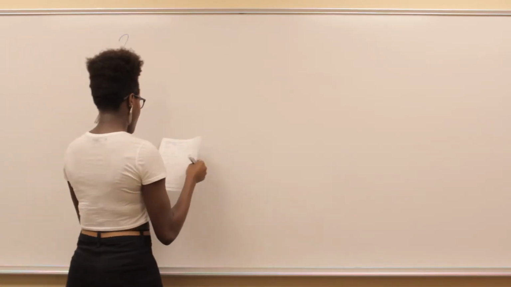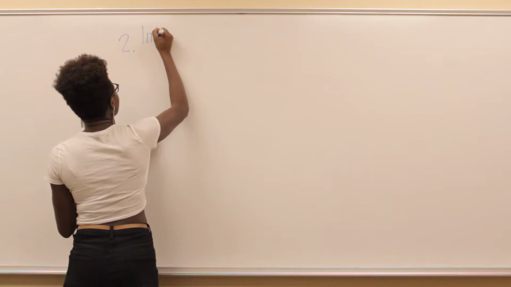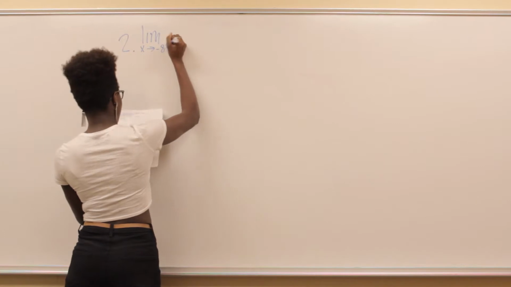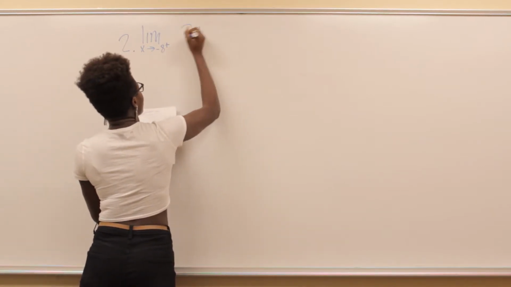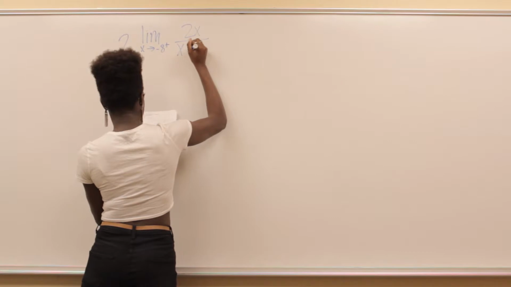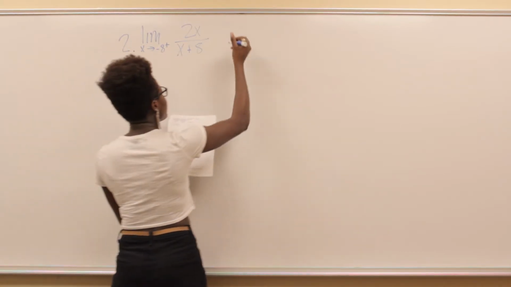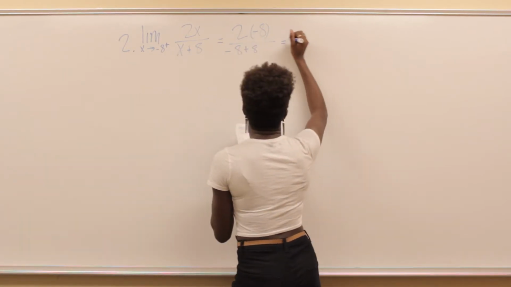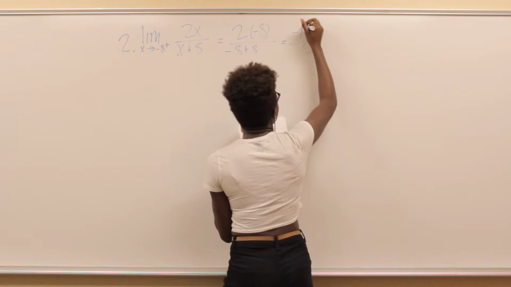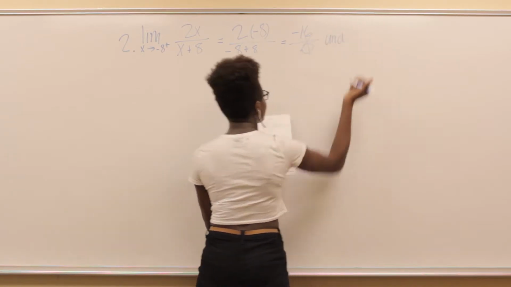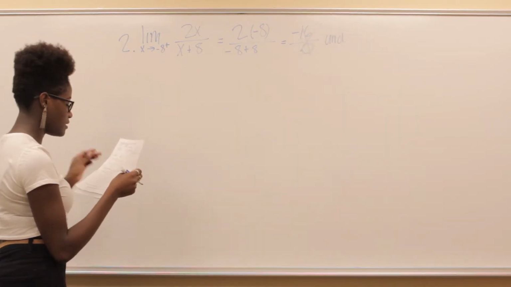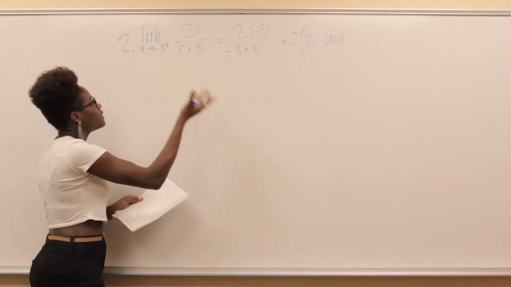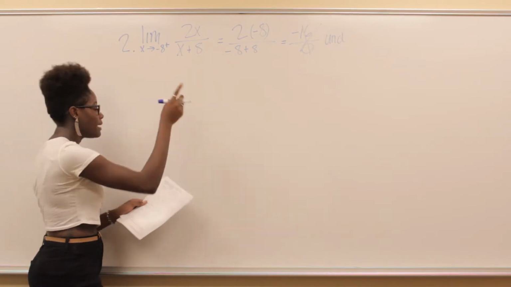Okay, number 2. The limit as x approaches -8 from the right for the function 2x over x plus 8. So when you plug in -8, which equals -16 over 0, and that's undefined. So we know that we need to do this problem a little bit differently. And because you're figuring out the limit as x approaches -8 from the right, when you look